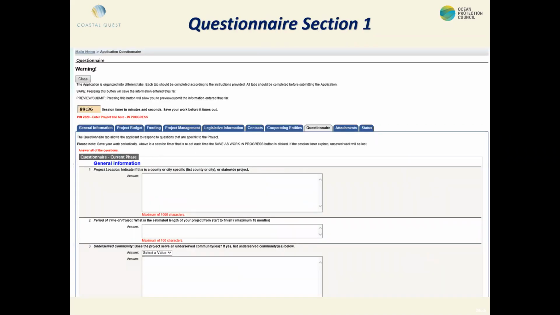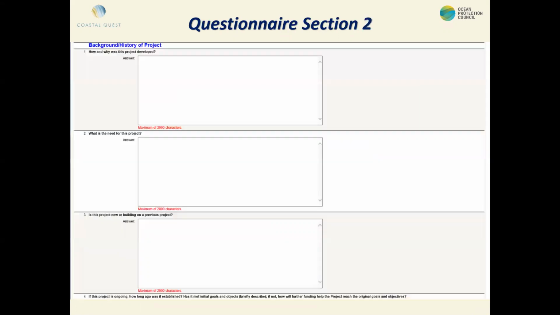And then here's the main RFP questionnaire where you'll have questions, general information, so, project location, where is it located, period of time of the project, does your project serve an underserved community?